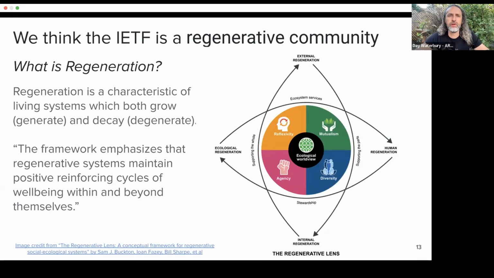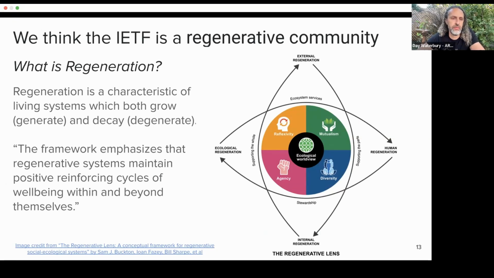So yeah, this is really the core thesis: that the IETF is a regenerative community, constituted by all of these different regenerative governance patterns. At one point we were considering, perhaps we're still considering, titling the thing "Sequencing the Social DNA of the IETF." So really, we see it as being regenerative through having these patterns, and specifically this regenerative lens